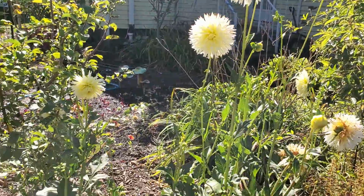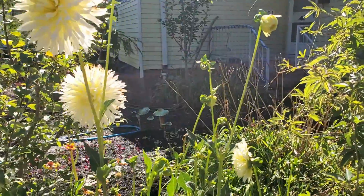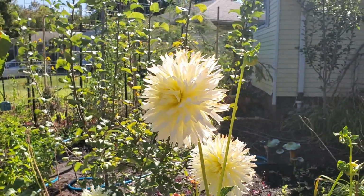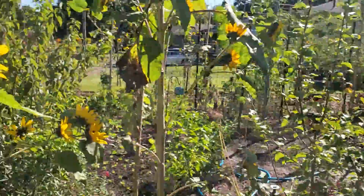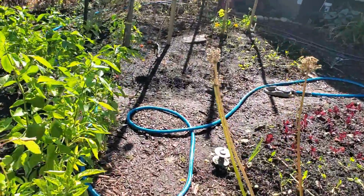It's really started to shine now that I've started cutting off the dead dahlia heads. This is a gorgeous yellow and white one. I love the way when the sun hits it from behind, it's luminescent. It's really beautiful. Let's head through the path, take advantage of the traversability of the path now, and go into